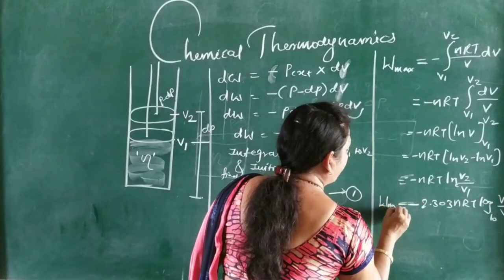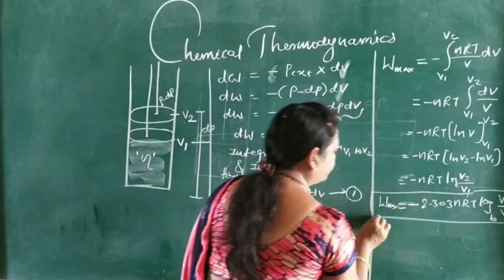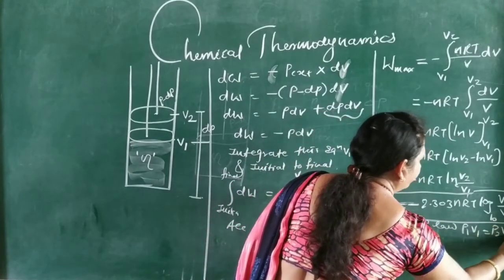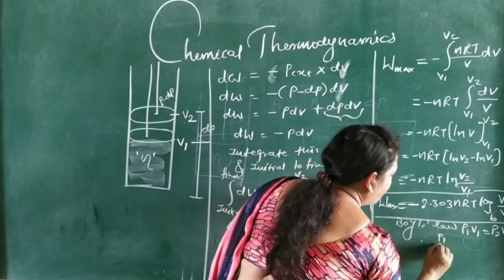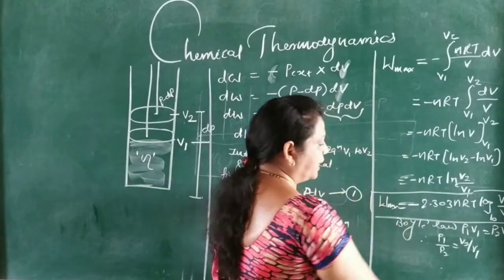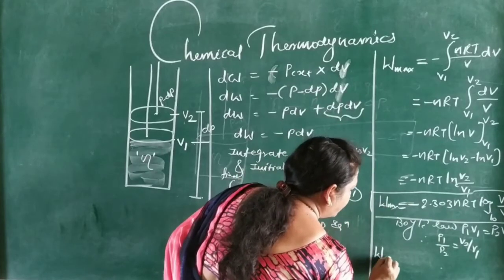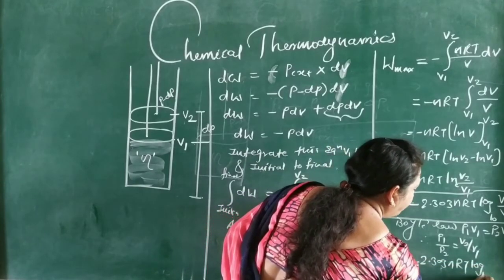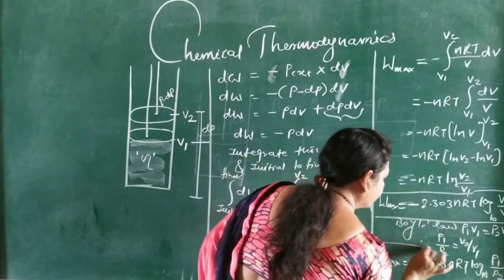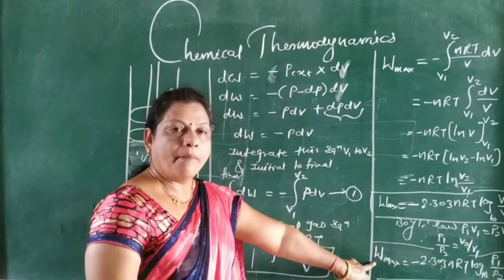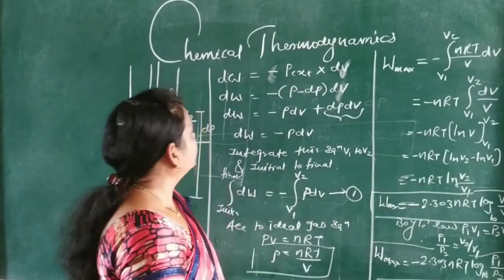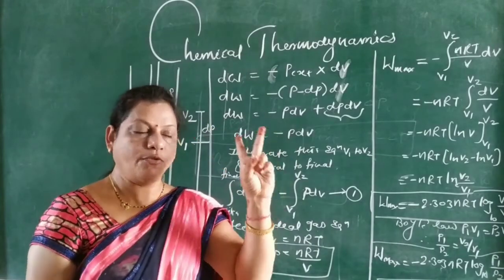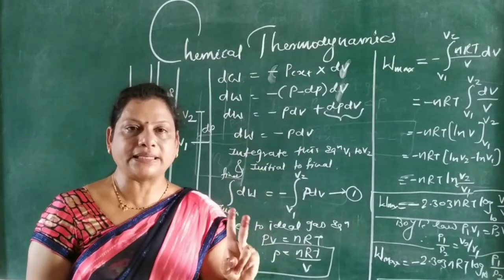This is W max. But according to Boyle's law, P1 V1 is equal to P2 V2, and therefore P1 upon P2 is equal to V2 upon V1. Putting this value in this equation, we get W max is equal to minus 2.303 nRT log base 10 of P1 upon P2. This is the expression for maximum work done. So on the basis of these two expressions, pressure-volume work and maximum work done,